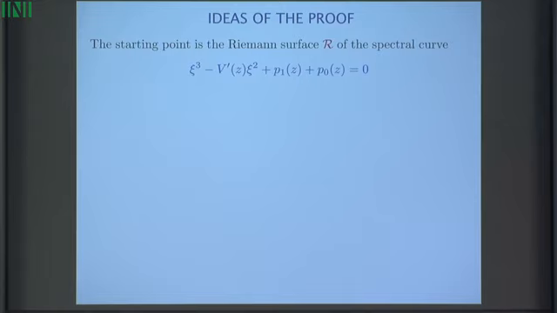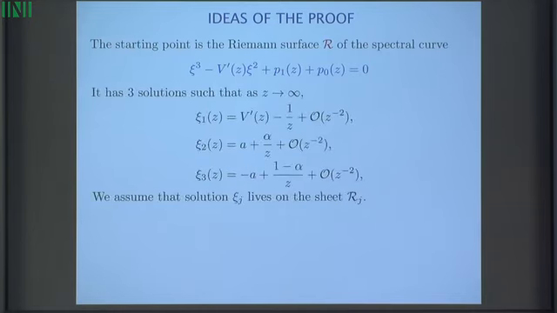As I said, we start from this equation. That's essentially the only a priori information we have, with the properties of P1 and P0 that I mentioned before, from where you can read off your polynomial V, at least its derivative, and the coefficients alpha and A. So first of all, you look at this cubic equation, and you say it has 3 solutions. And since you had assumed that one of the solutions looked like V prime plus the Cauchy transform, it means that one of the solutions, let's call it psi1, looks like this: V prime plus something starting at 1 over z.